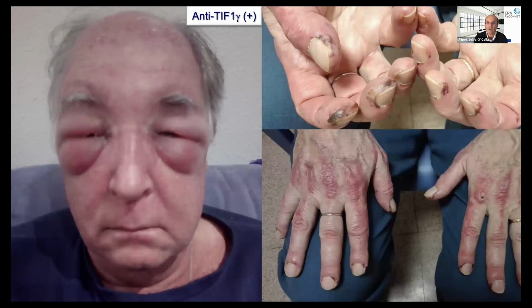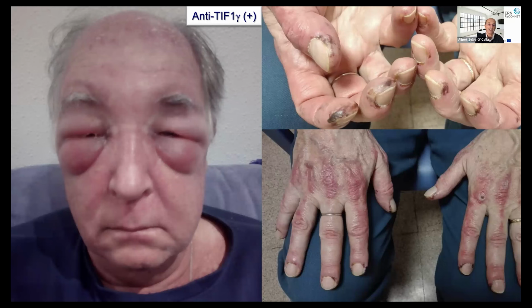So we're talking about dermatomyositis, and if we talk about MDA5, we have to talk also about those patients with anti-TIF1 gamma. We have to keep in mind that we are talking today about adult patients. So anti-TIF1 gamma is related with cancer, is a good marker of occult cancer only in adult patients and only in patients with dermatomyositis, not in patients with polymyositis or antisynthetase syndrome. It's a specific autoantibody of dermatomyositis in the adult forms. Although it may appear in juvenile forms, it is not linked with cancer in juvenile forms.